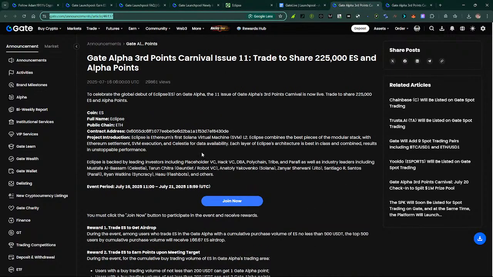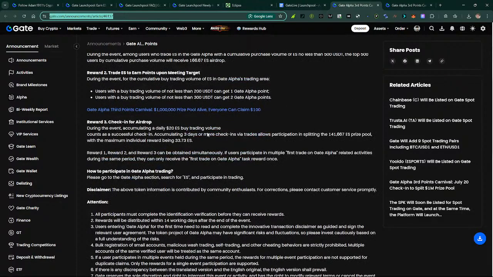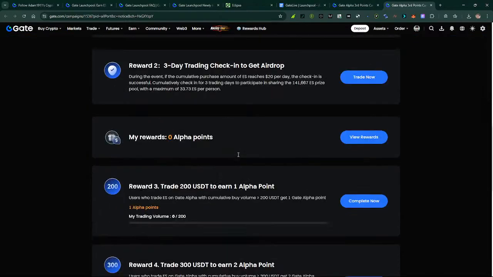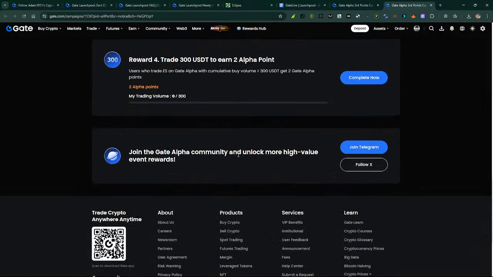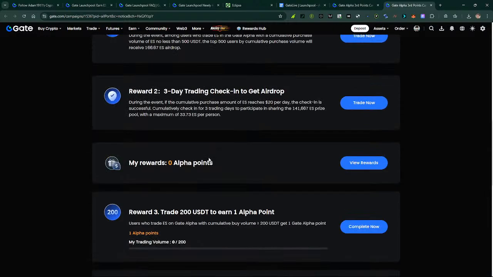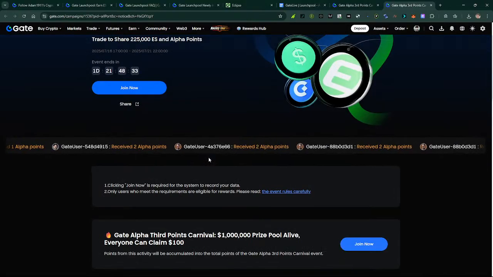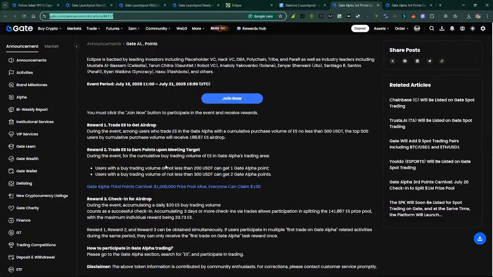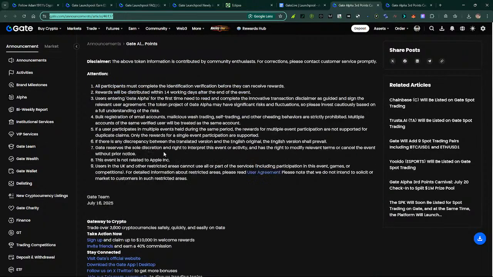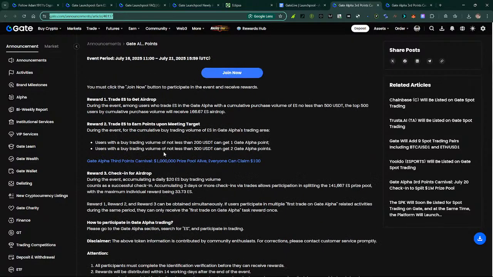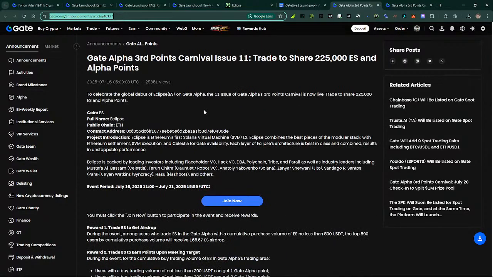So let's move on to the alpha airdrop. These are the details. Let me check if we are able to get the details right from here. So this was the event, and the announcement is titled Crowned Gate Alpha Third Points Carnival Issue 11, trade to share